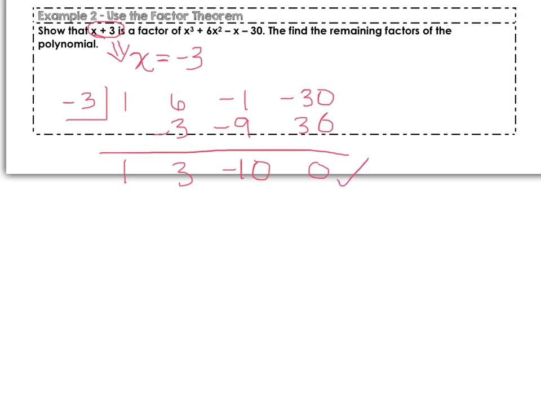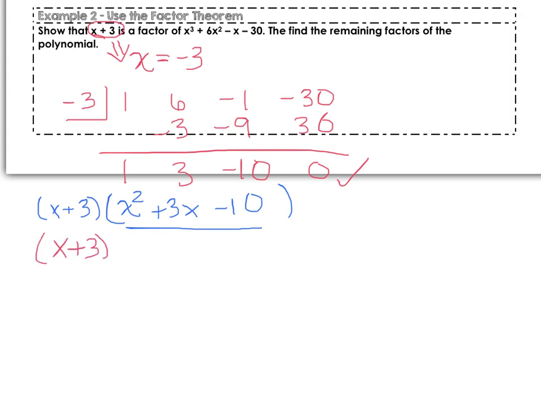So we have verified now that x plus 3 is indeed a factor because synthetic division has proven the fact that its y-coordinate is 0. And we know that it means it's an x-intercept. So x plus 3 is the factor, and what our quotient just produced is the other part of our polynomial, where 1 is going to be the coefficient for now our quadratic term. And now we're going to go down, and this just produced a trinomial, and so now we can continue to factor it down further. So here's our x plus 3, and this is going to produce the two binomials